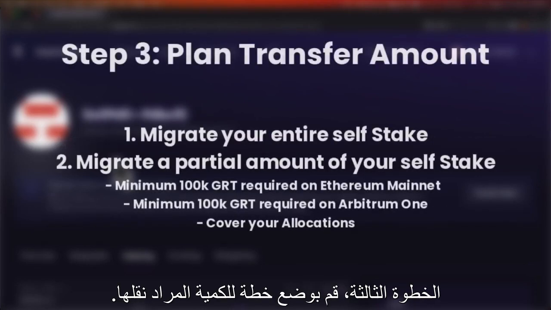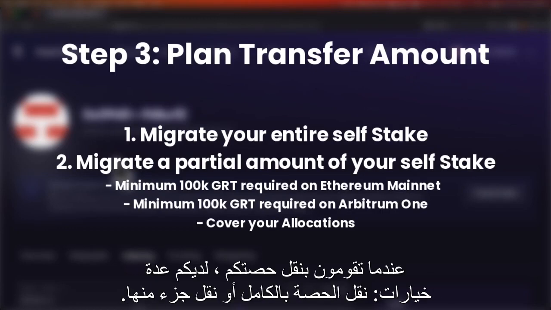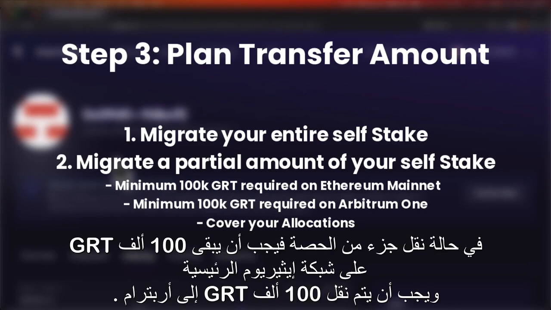Third step, make a plan for how much you want to transfer. When you transfer your self-stake, you have a few choices. 1, migrate your entire stake. 2, migrate a partial amount. If you want to migrate a partial amount, 100K must remain on Ethereum mainnet and 100K must go to Arbitrum